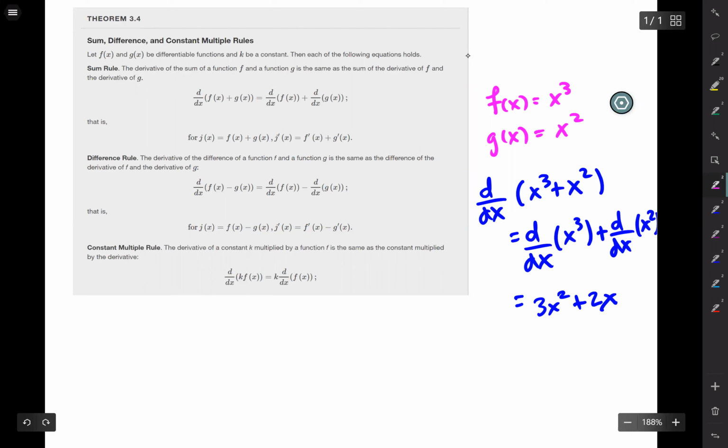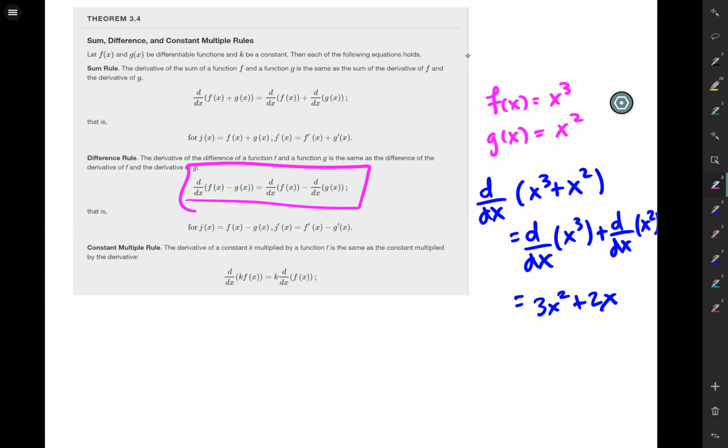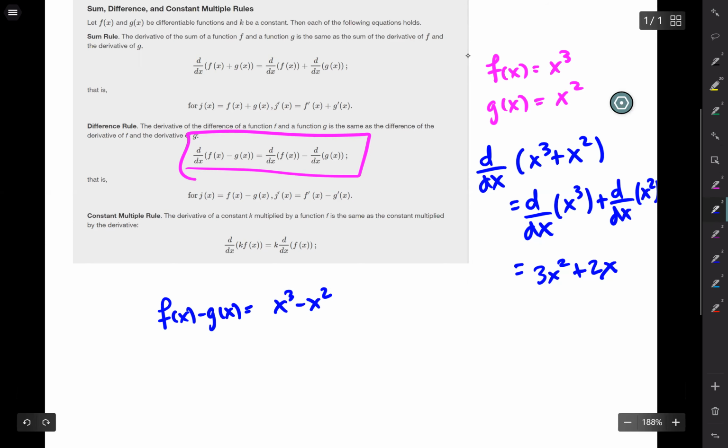Now, for differences, the derivative of a difference is the same as the difference of the derivatives. So again, if f of x is x cubed and g of x is x squared, then f of x minus g of x is x cubed minus x squared. And if you wanted to take the derivative of that,